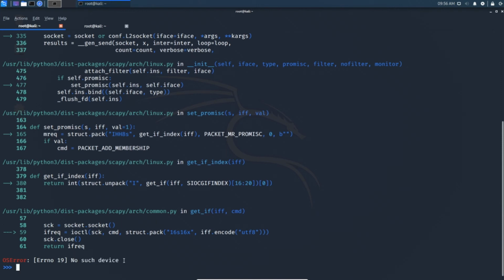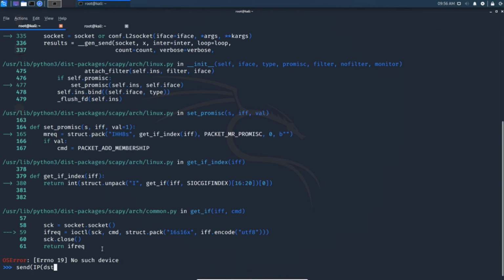So there is no such device. If you want to use that device also, you can connect your virtual machine to that Ethernet. But currently my virtual machine is running on a virtual host adapter, so that is the difference. You can try this on your own. If you install Kali Linux as your base OS, you can try this, and it will work for you.